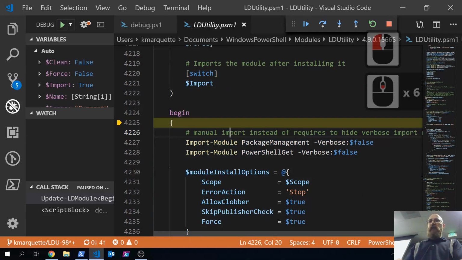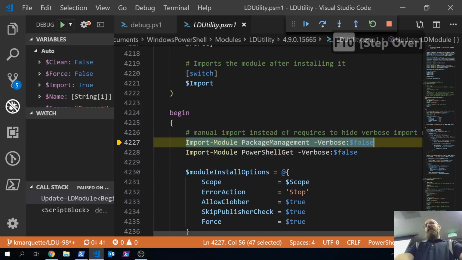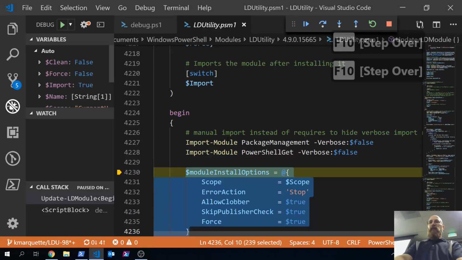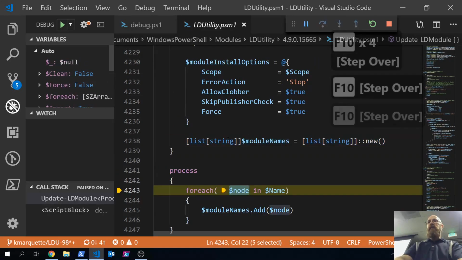So then from here, we can keep pressing F10 to step over, F11 to step into. I'm not going to chase down the import module here, so I'm going to step over it with F10. So that's one way to walk through and see what your code is doing and see the flow